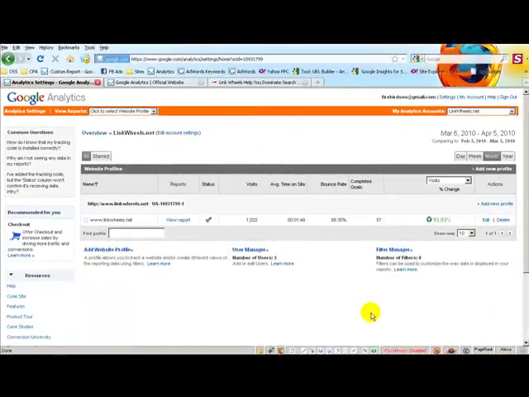Alright, so now that we have the analytics set up and your code is inserted on every single web page, what we can do is start taking a look at the data. Now, I will throw in a caveat that if you have a brand new site and you don't have any data, then a lot of this won't make sense. The more data you have, the more visitors you have, the bigger the sample set, and therefore you'll get a lot more relevant data. So for now, we're actually going to go into the report,